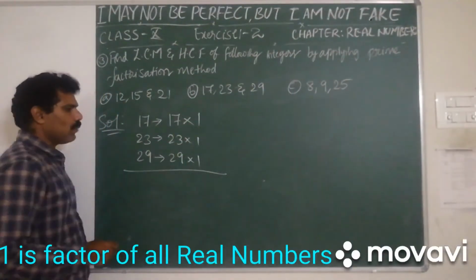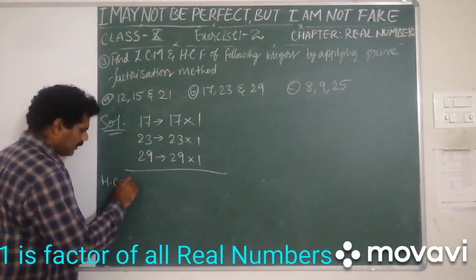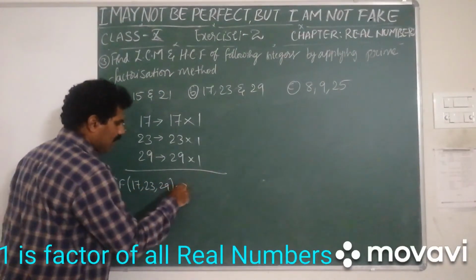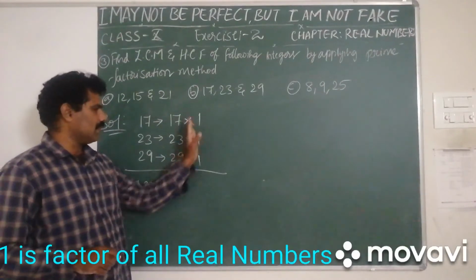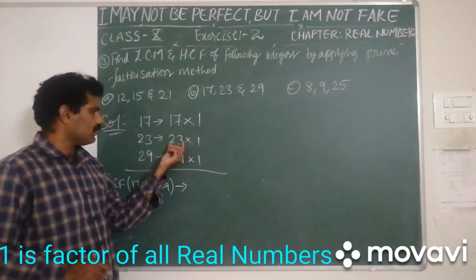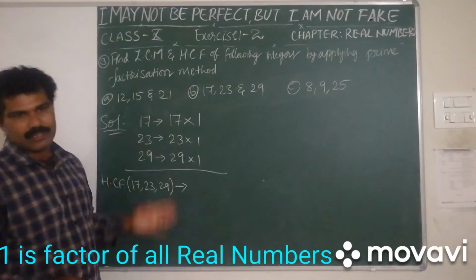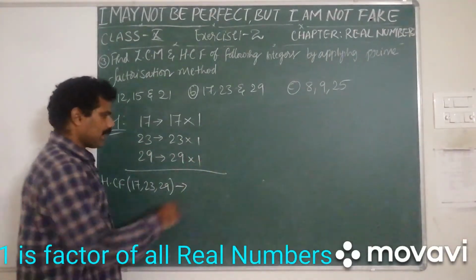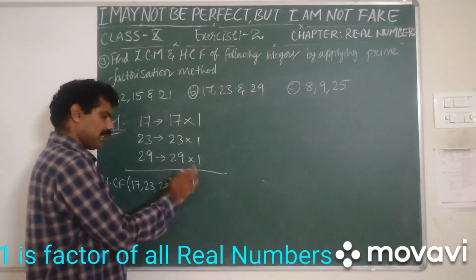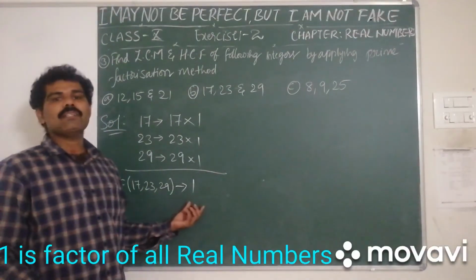So why I have written into 1 means, generally in HCF we discussed that we have to take the common factor down. But we don't have a common factor here apart from this one, isn't it? 17, 23, 29. 17 is not there here and here, 23 is not there here and here, and 29 is not there for the first and second values, isn't it? So I took 1. Whatever may be the power, maximum or least, you will be getting 1 itself, 1 into no other value. So HCF of 17, 23 and 29 is 1.